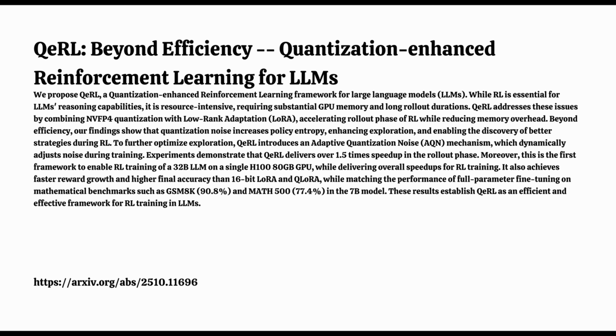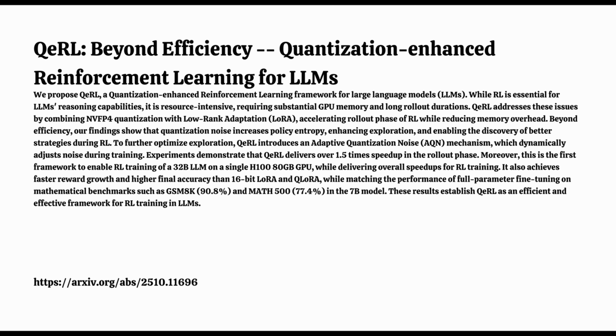That's significant time saving. And what about memory? That seems like a huge potential win here. Oh, absolutely huge. QeRL shrunk the total model size down to only about 25% to 30% of what the 16-bit versions needed. Wow, a quarter the size. Yeah, and this is what really changes things in terms of accessibility. The paper mentions this allowed them to train a 32 billion parameter LLM, which is a serious model, using reinforcement learning on just a single H100 GPU with 80 gigabytes of memory. A single GPU for a 32B RL run? That makes it feasible for way more labs, doesn't it? It really does. It dramatically lowers the bar for doing this kind of advanced research.